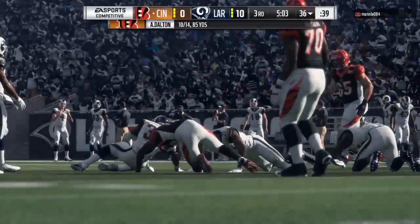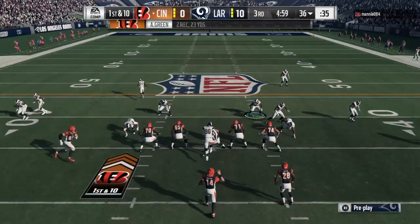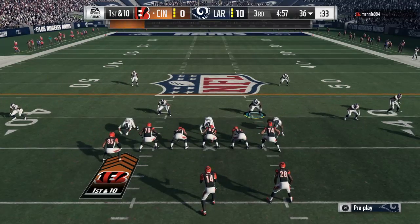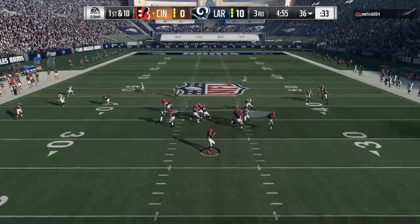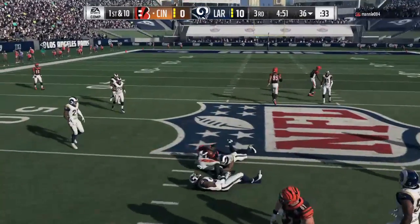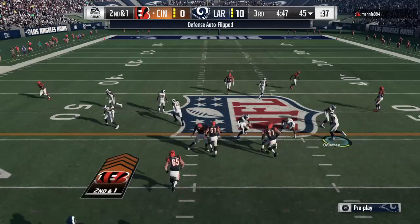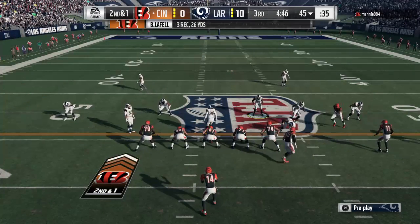Got his man complete over the middle. It's Green. Dalton to Green for a Cincinnati first. Looked like the screen pass was taken away there, and that was a nice job of improvising, but it's not normal. Usually when the screen pass is taken away, you're taught to just throw the ball at the ground at the feet of the receiver so that you don't get it intercepted and just start over, but he ended up